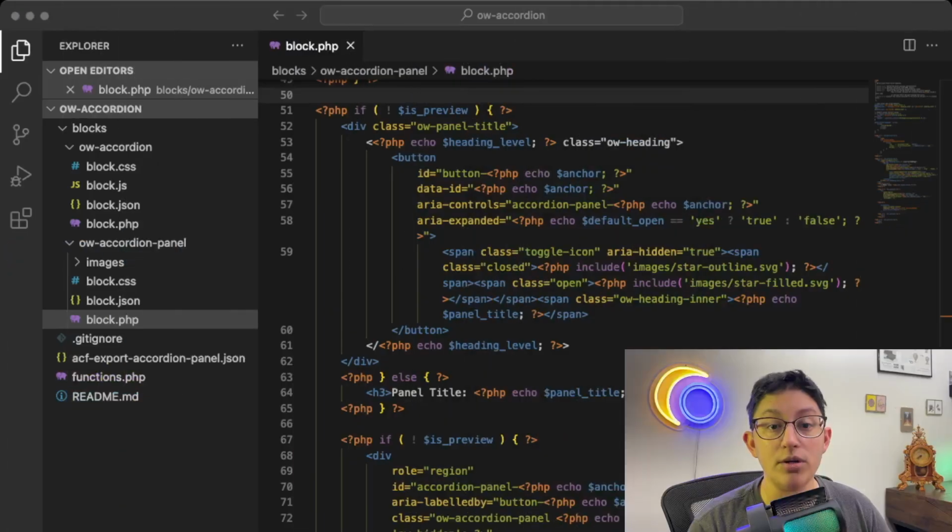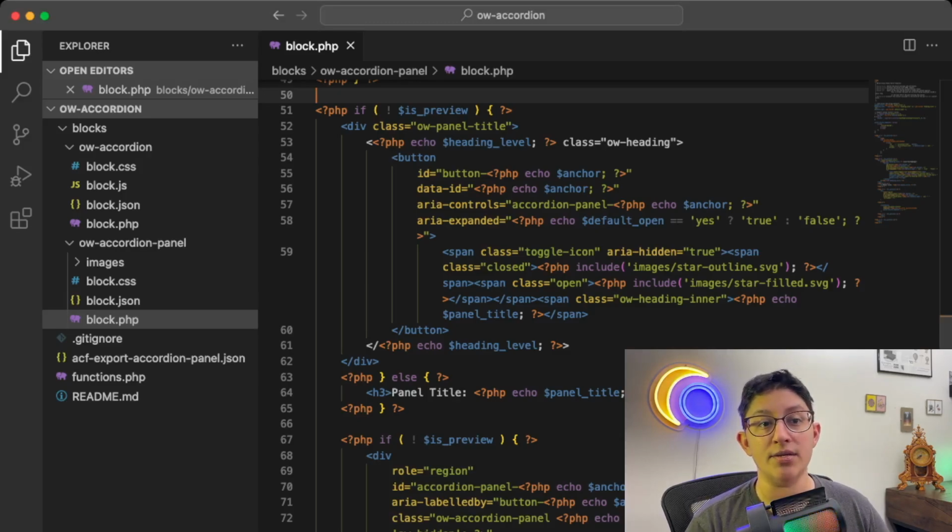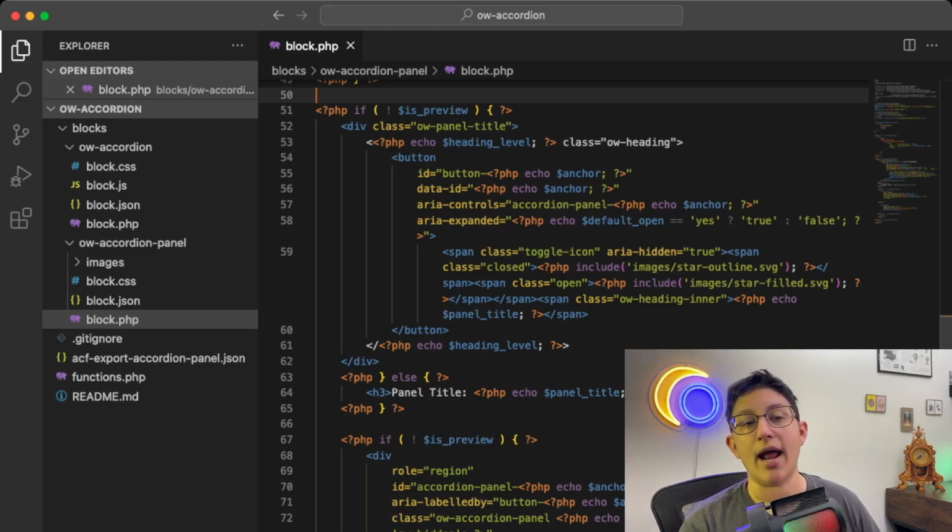In our code, you can see that reflected here by checking if we're on the front end, then I'm going to spit out my title that is a button wrapped in a heading. I've then wrapped it in a div. That's a choice. You don't have to have it wrapped in a div. I wanted to be able to do some additional styling, but basically you need that heading with our custom heading level and then a button with a bunch of attributes, which I'll go into detail in a bit.